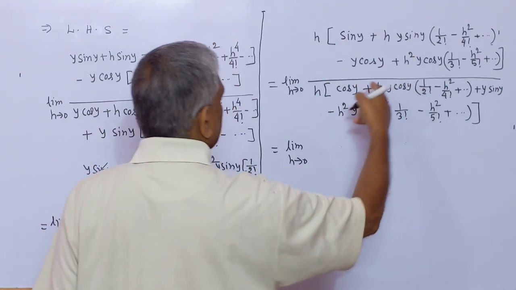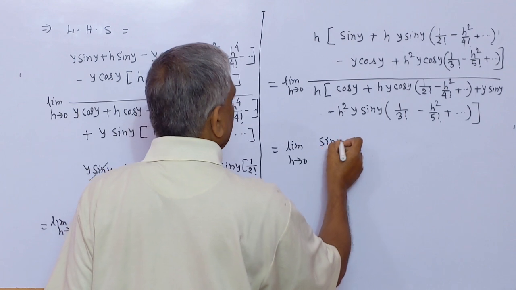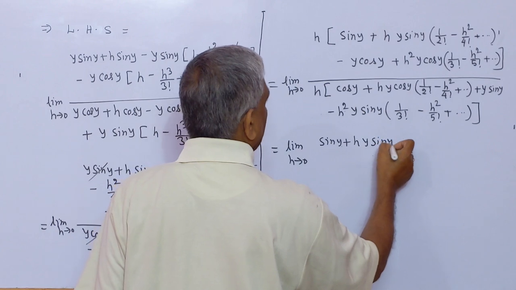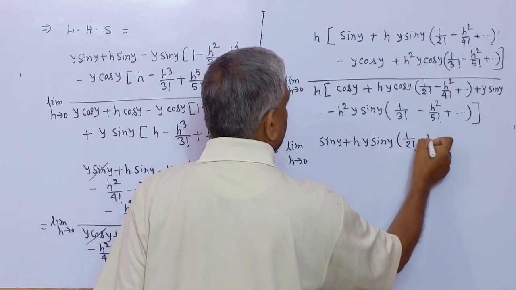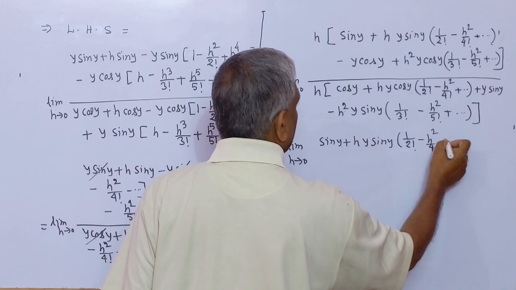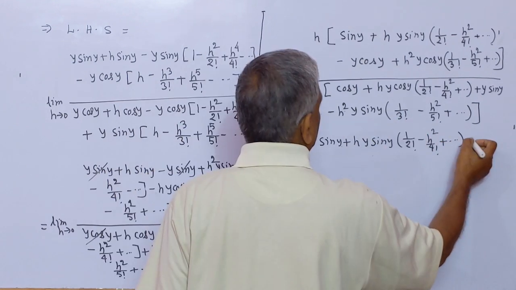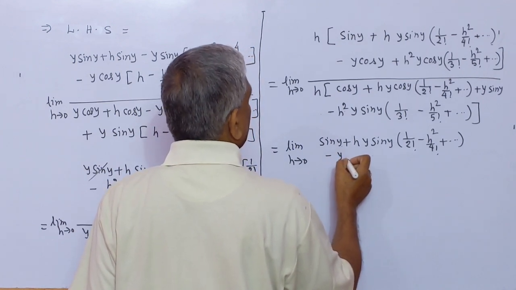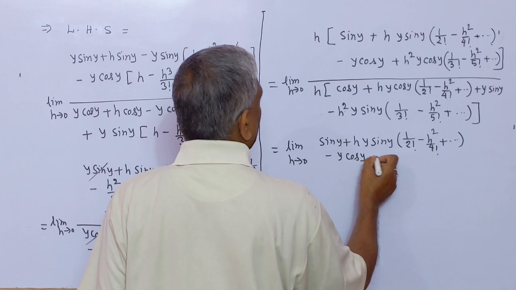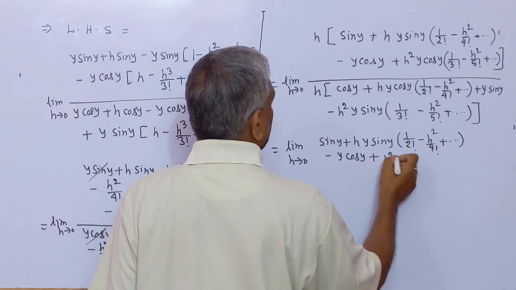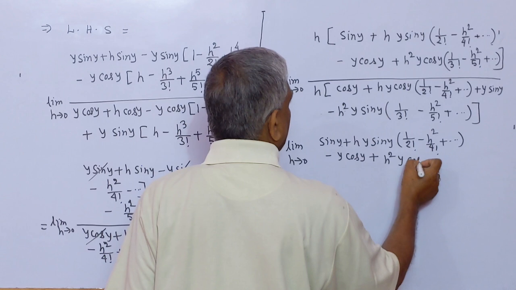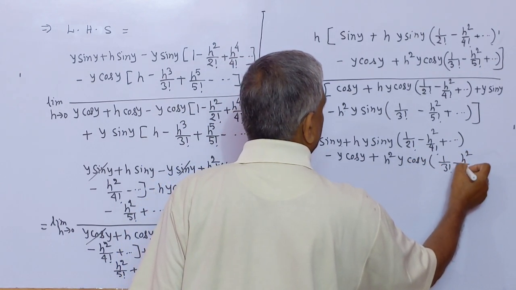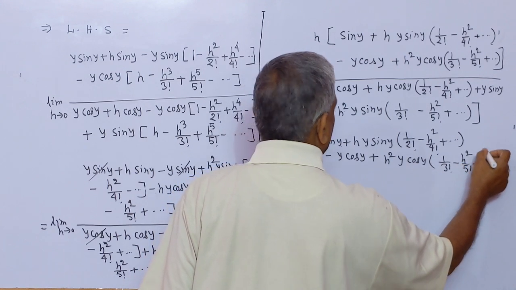We write the other terms: sin y plus h y sin y (1 by factorial 2 minus h square by factorial 4 plus dot dot dot dot) minus y cos y plus h square y cos y (1 by factorial 3 minus h square by factorial 5 plus dot dot dot dot), divided by